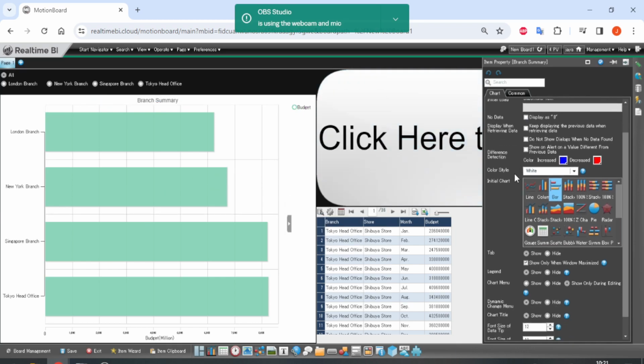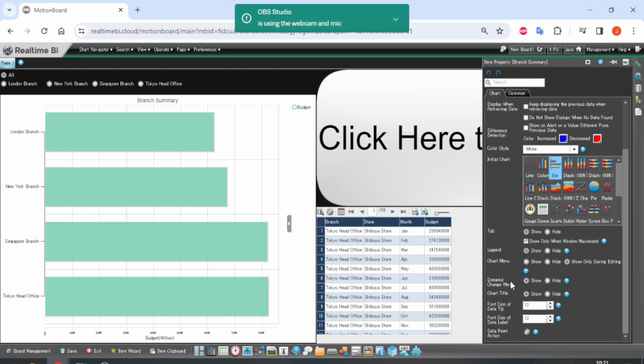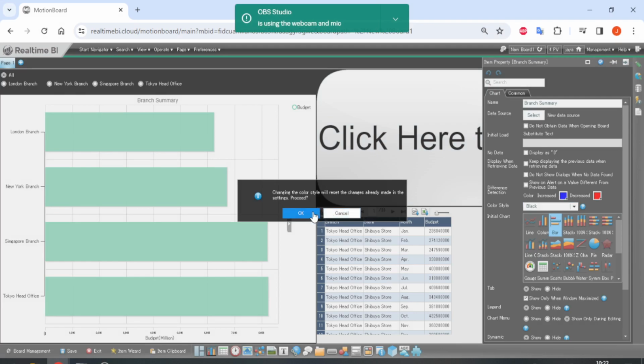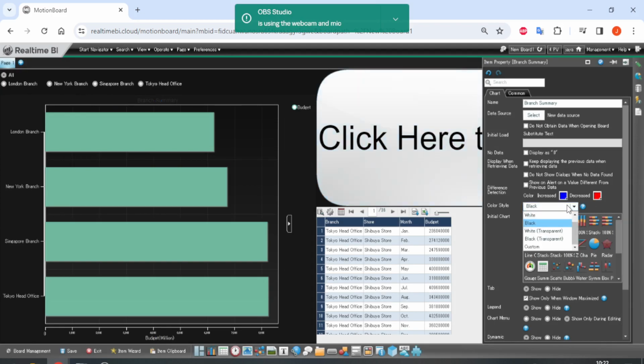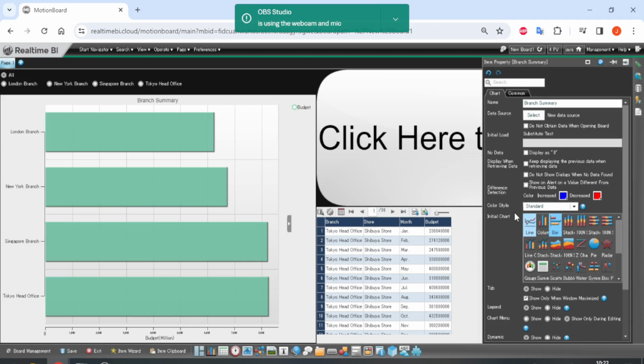Now you can take a look, and there are many colors that you can choose. For the color style, there are options to show or hide legends and many others, but in this tutorial I'm going to show you specifically how you can adjust the style. As you can see, the color has been changed. However, the only option available is for the background. We wanted to edit not only the background but also the foreground or